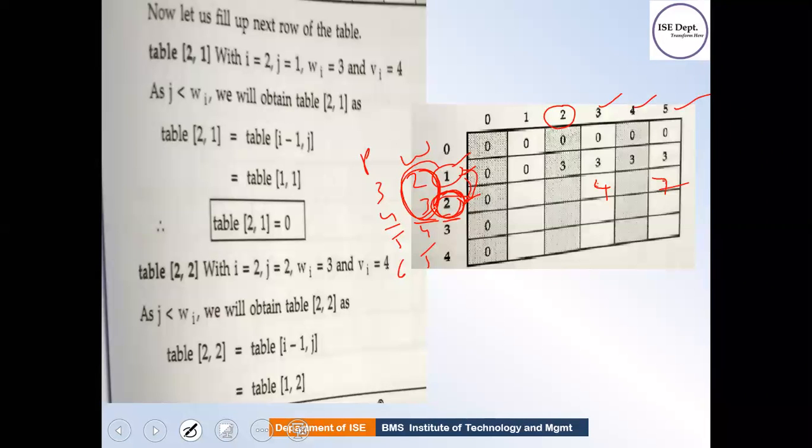So what I will do, I will just use object 2, whose weight is 3. I'm so sorry, object 2 whose weight is 3. So what is the profit? 4. Okay, so for these three I cannot write the previous value. This also I cannot write the previous value, that is 0. Go for the next one.